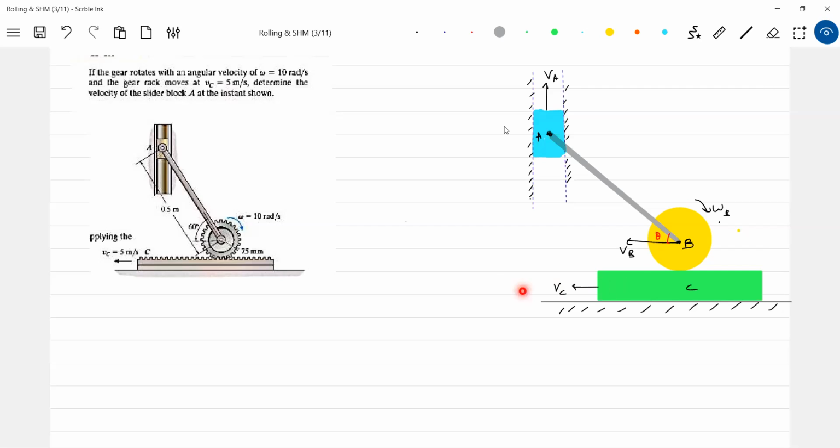If this plank C moves towards left, this will rotate here. So the plank C will also try to drag the rotating gear towards left. So the velocity of point B will be towards left, so the block A should move up. Okay, this is a very important part. Rest is all mathematics. Now we'll get into the first constraint equation for the rod AB. Let's get into the rod AB.